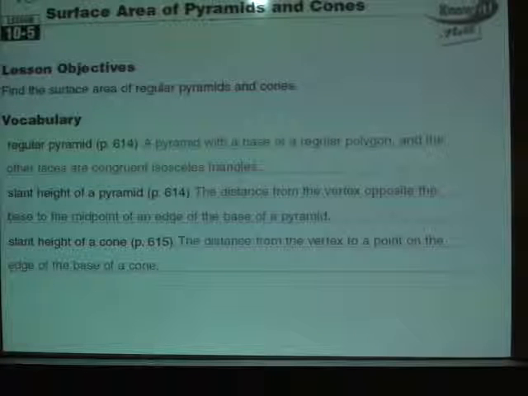Chapter 10, Section 5 in the 7th grade note-taking guide is entitled Surface Areas of Pyramids and Cones. So I'll start off here. We'll give us some terminology related to the pyramids and the cones that we will find important here when working